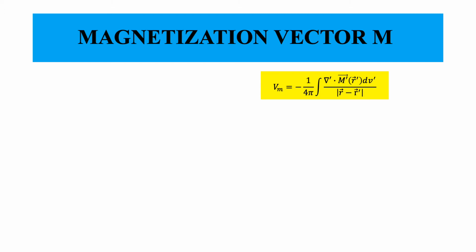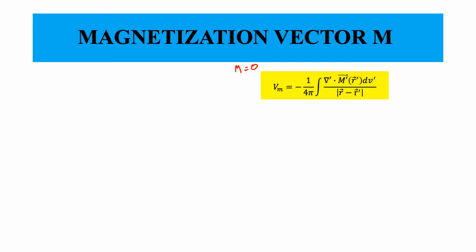Okay, so Vm is written in terms of magnetic charge density, or equivalently in terms of del dot M. This dash actually indicates that the operation is with respect to the source. Okay, and this dv prime by 4 pi r minus r prime would be the magnetic potential at the source point r. So for a magnetic material, it turns out that M is nonzero inside, and outside of the material, M is equal to 0.